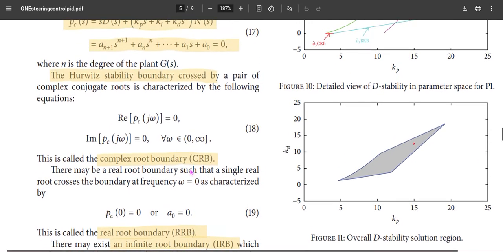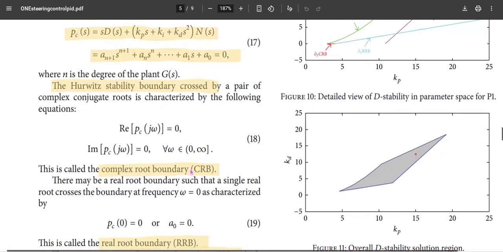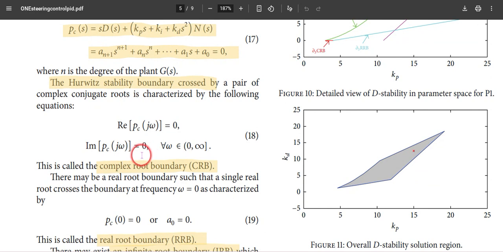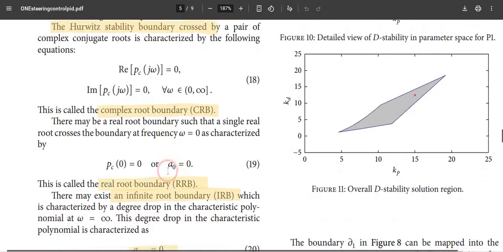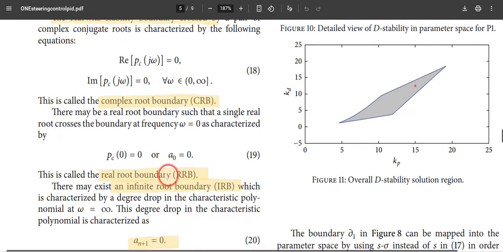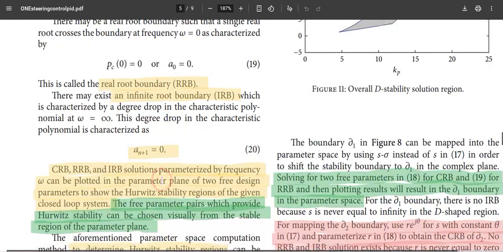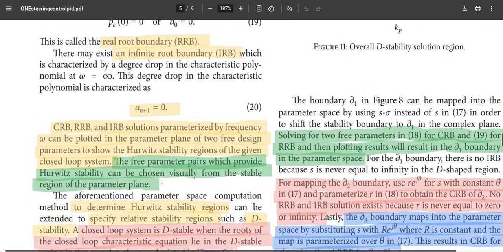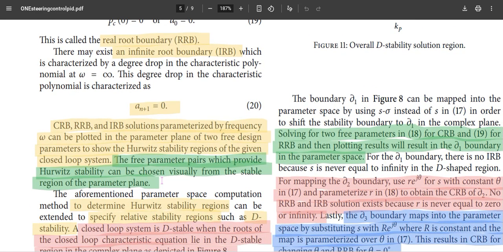So there are three characteristics they identify. One requirement is that the imaginary part of this has to be zero; that is called the complex root boundary. Another is that a0 has to be zero; that is called the real root boundary. Another is that the highest order coefficient has to be zero; that is called the infinite root boundary. So based on this, these three parameters have been defined and identified using the stability criteria, and that can